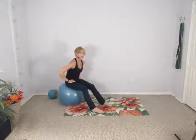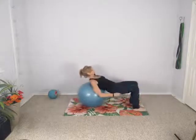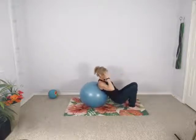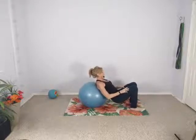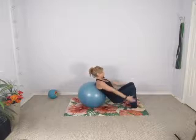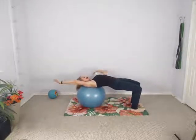Good job. Now from here, we're going to walk on out and come into a very low position with your hips. So you're almost touching the floor there. Feet are about hip width apart. You're going to take an inhale breath as the hips drop. On the exhale, reach those arms up and back, and then lift your hips up so you come into a